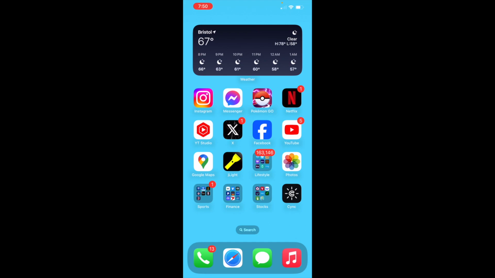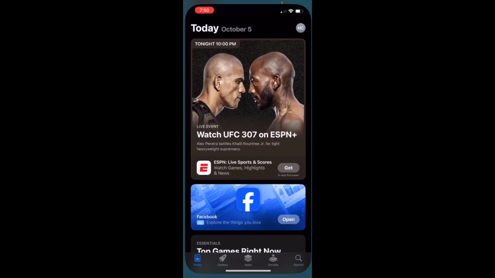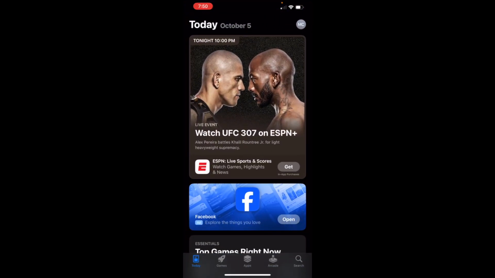In this video, I'm going to show you how to find your deleted apps on your iPhone. So what you're going to want to do is go over to your App Store. And then from here, you want to click on your actual icon at the top right corner to go to